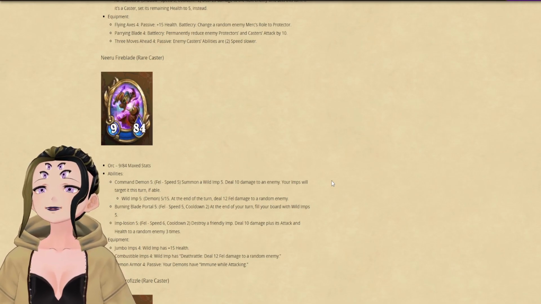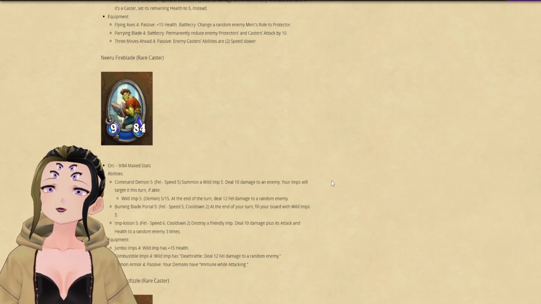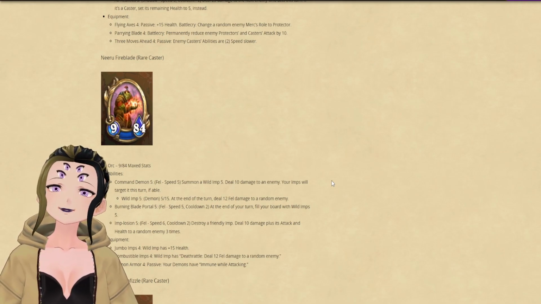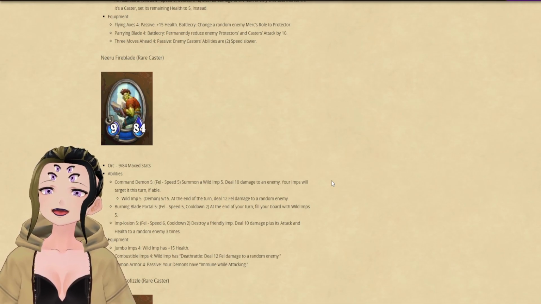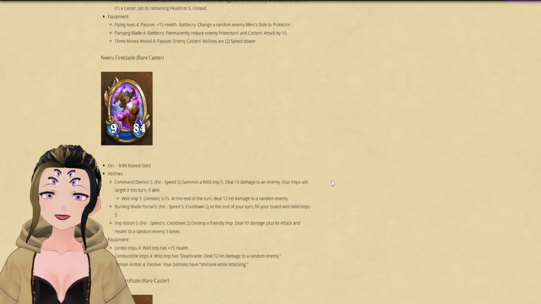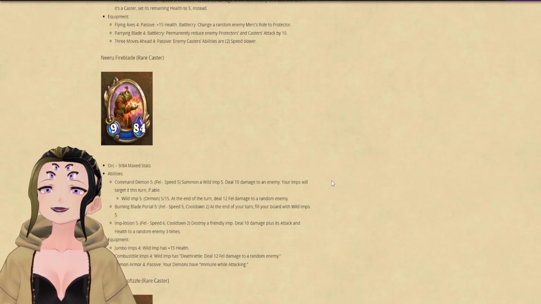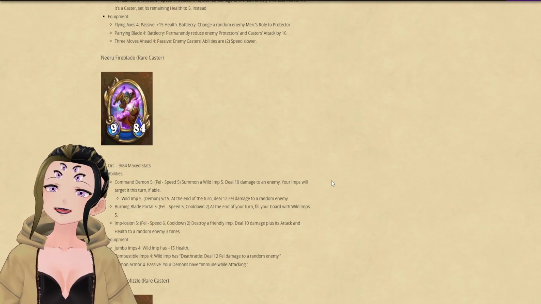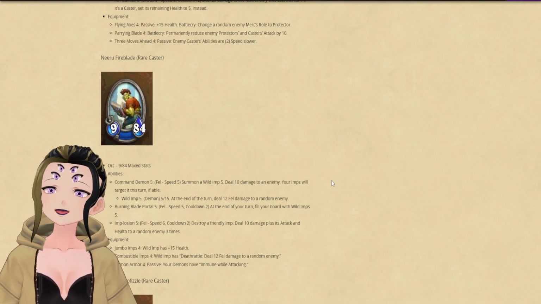Burning Blade Portal is a fel ability with a speed of 5, cooldown of 2. At the end of your turn, fill your board with wild imps, 5. Another way to just increase the amount of demon synergy and fel damage that you can possibly have out in a given turn. Honestly, incredibly strong for a second ability, something that I would have expected on a final ability. And finally, we have Implosion, which at level 5 is a speed of 6, fel ability, cooldown of 2,